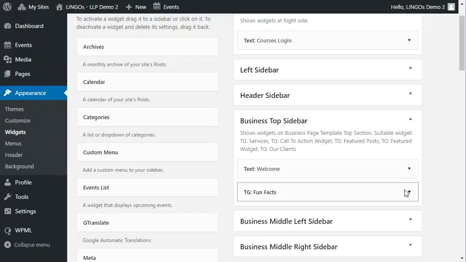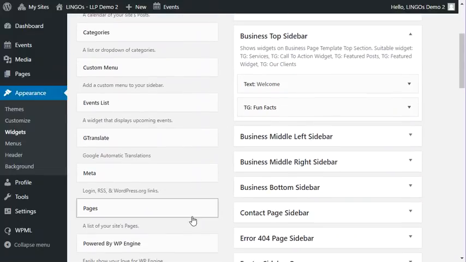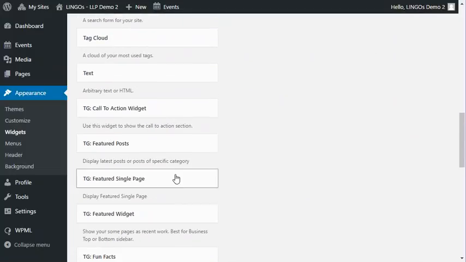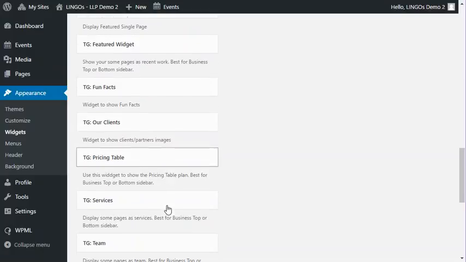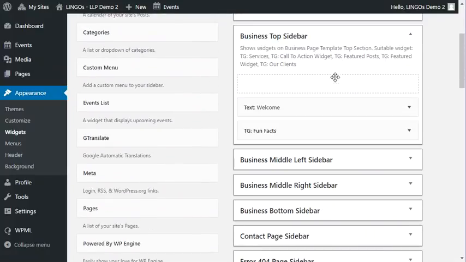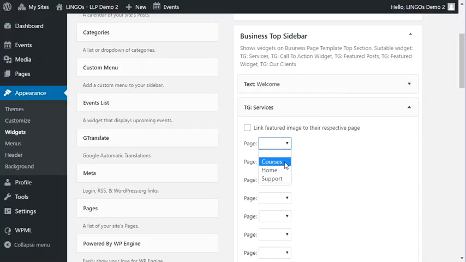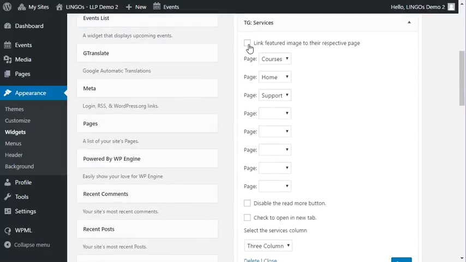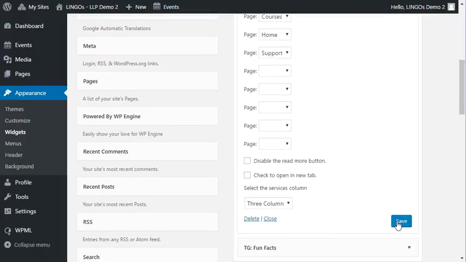If I want to add various featured pages on this, then what I need to do is add in TG services. So I'm going to go here and add this up to the top, and again I'm going to add it into that so it all flows through the page, and I'm going to add it between the two. And you see here I can select the courses, the pages that I want. So at the moment I've only got 3 pages, and then you can link the featured image as well. Now you'll need to add featured images to each page to do that. So let's save it for now,